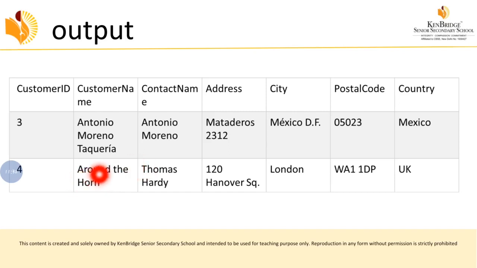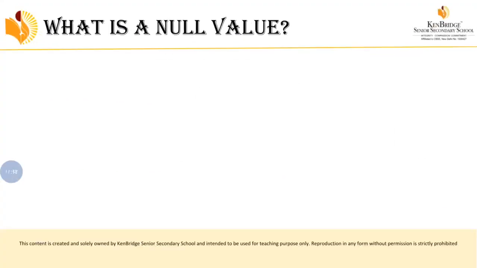Okay, anywhere it should be continuously there, so that alone is displayed in the output. Likewise, for the query, whatever records satisfy the given condition will be displayed in the output.